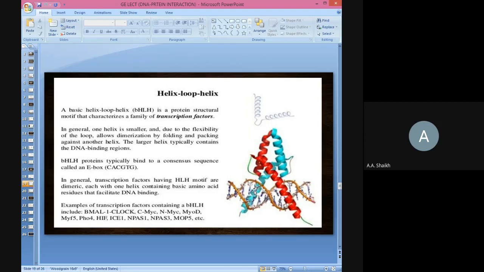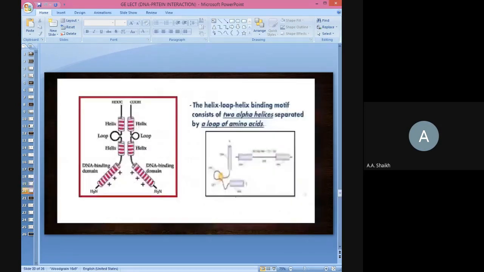So here this complete structure is attaching with the DNA molecule, and again the interaction with the DNA is going to happen at the major groove only. The complete interaction of the helix loop helix with the DNA happens at the major groove position only. That's a very important thing for you to remember, that the interactions in the case of this helix loop helix are again happening with the major groove region only. So here there are two helices which are separated by loops.